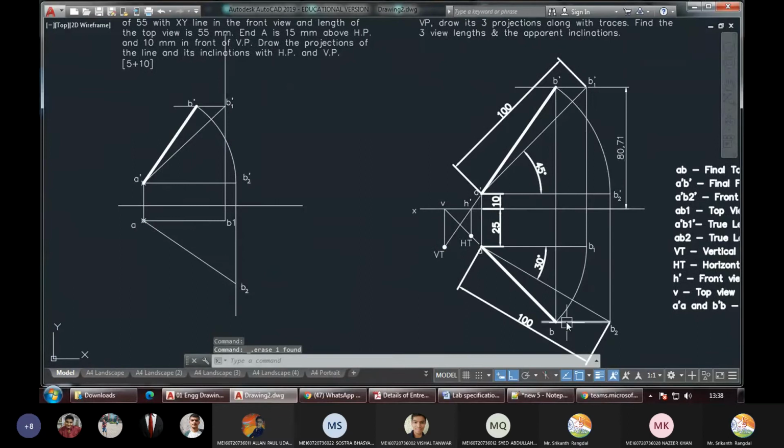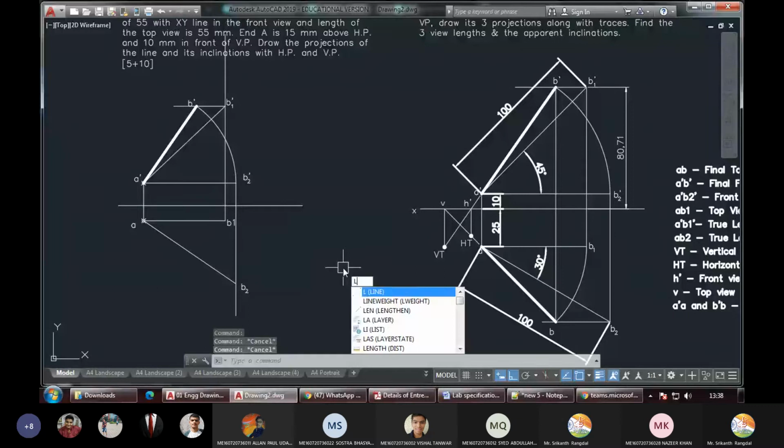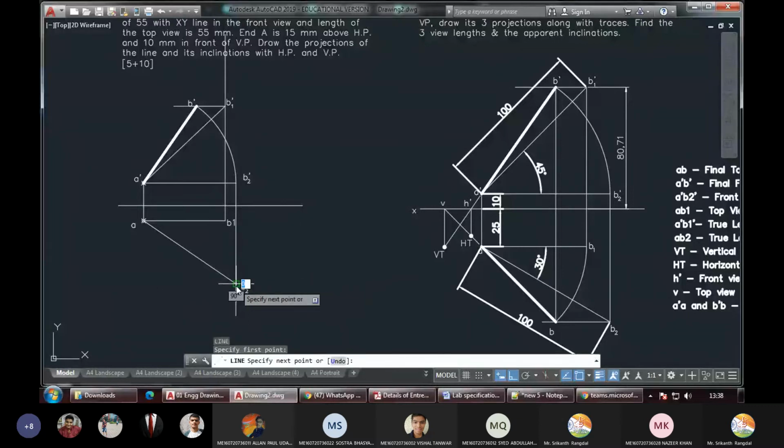Now once again, we can see we have to find the final top view. The final top view, we can get it with this arc, since we already have this point B1 and this horizontal line. So intersection of this arc and this horizontal line we can draw. So let us take line from this point, take horizontal line, escape, take circle.